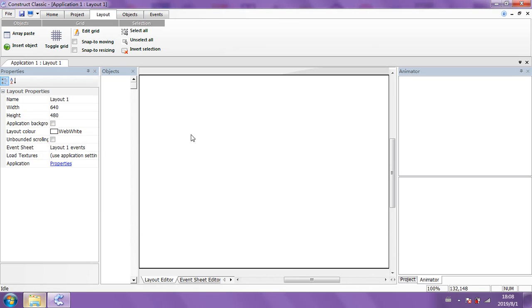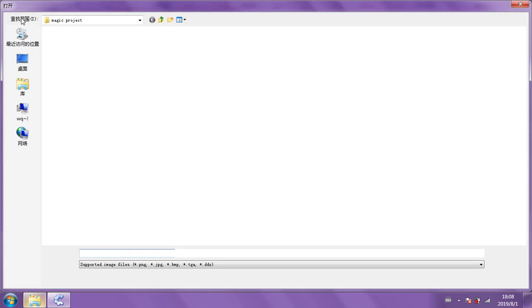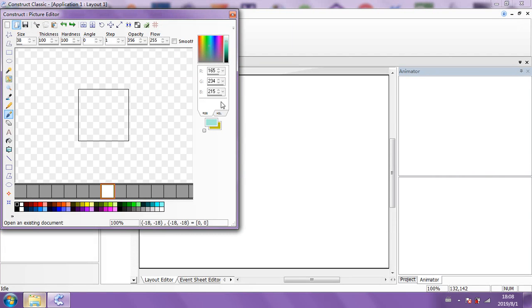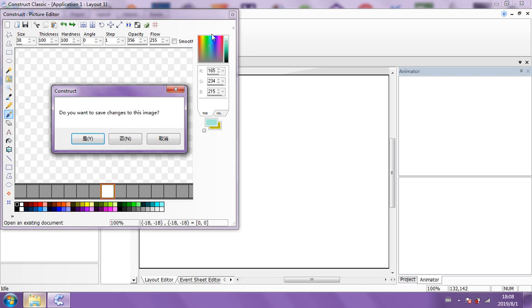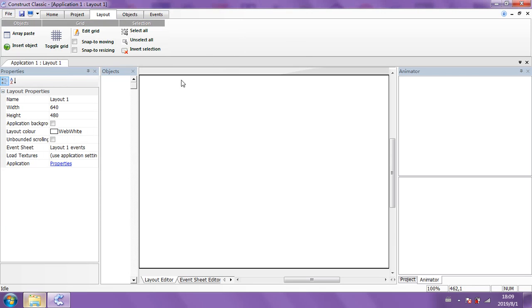Click on Sprite. I'm speaking very fast, okay. Go to Open at the top here, and then choose your background. You should have a background image. That's what I've made. I've just drawn a background image, a map setting. I'm going to click off on the cross here, go to Yes. I was speaking very slowly in the previous video, but I haven't got time now, I'm so sorry, okay?